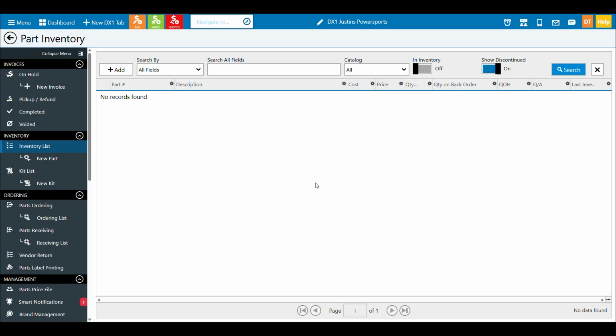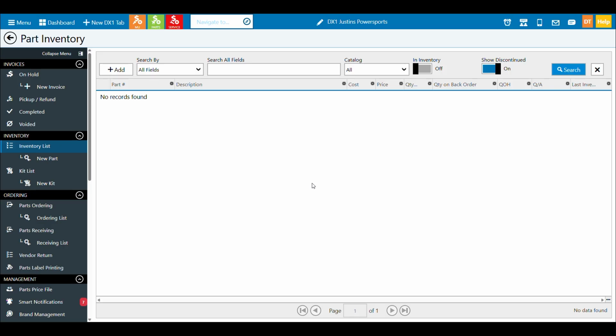All right, in this chapter, we're going to talk about the basic ways you can create a kit in DX1, how you can modify it, how to add it to a particular invoice, and how to control some of the mechanisms around printing. All right, so the first thing is, where do I find my kits? Where can I go create them?